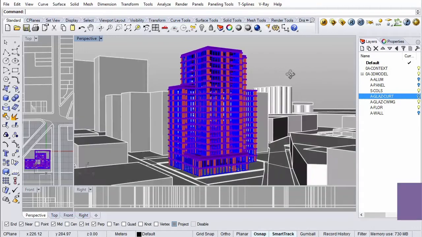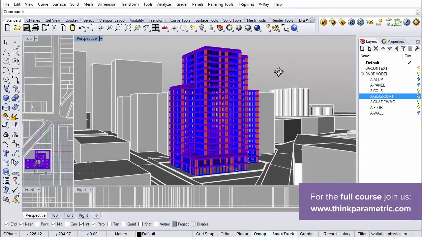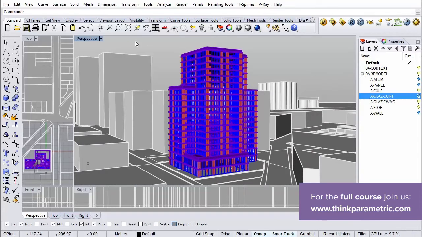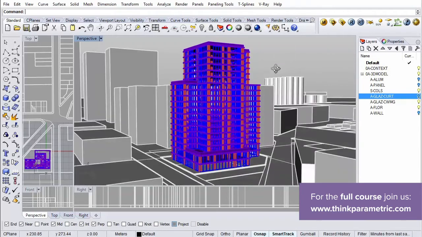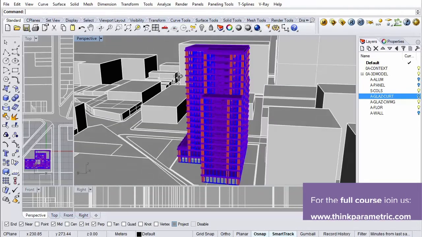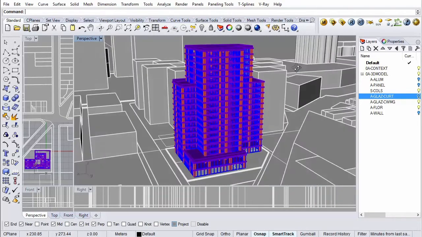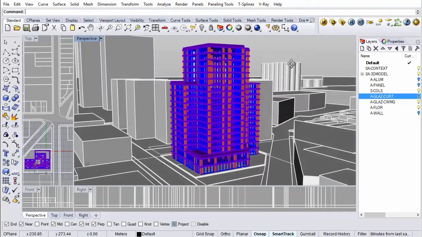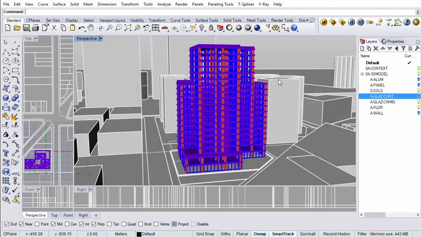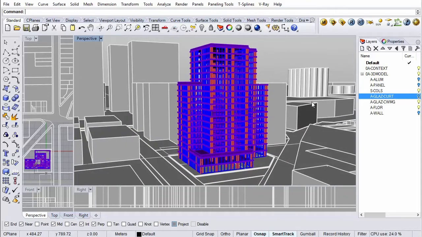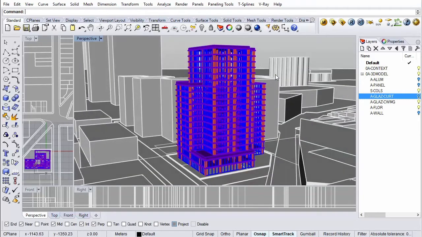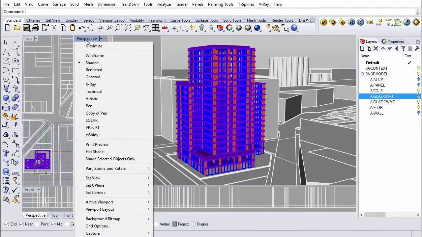So when you want to create a proper architectural camera, you want to be able to manipulate the view very precisely. And the way that you spin around a view normally is not really the way to do this. So the first thing that we want to do is enter the correct settings.